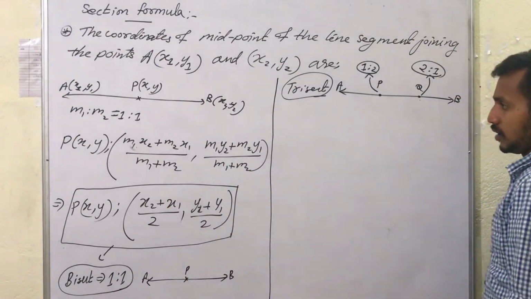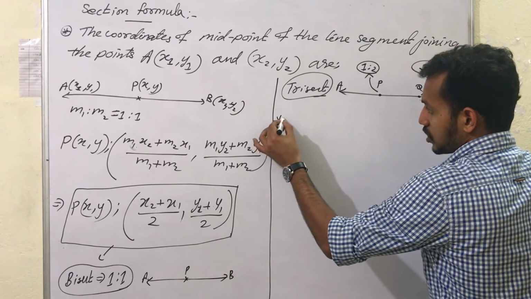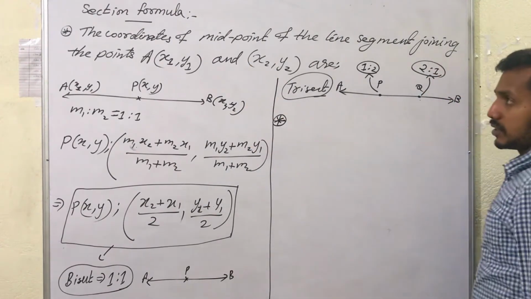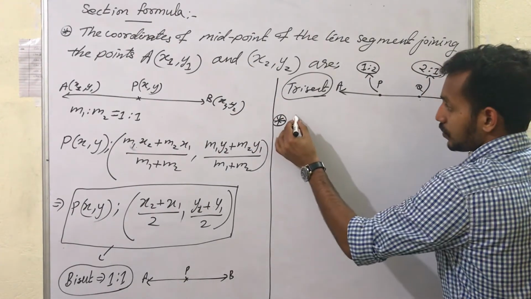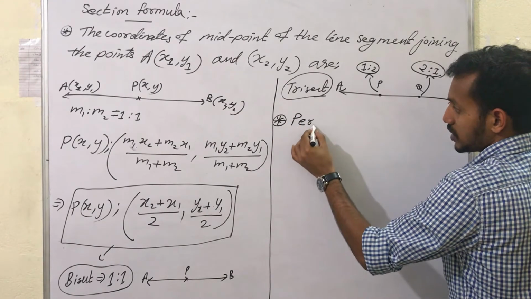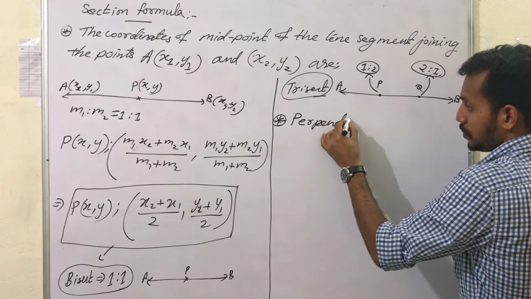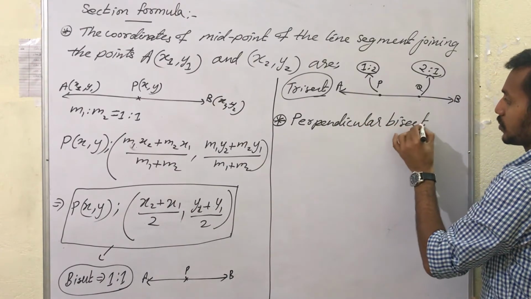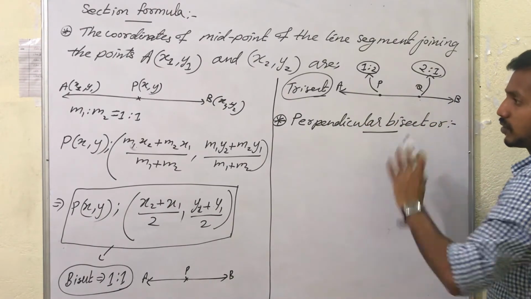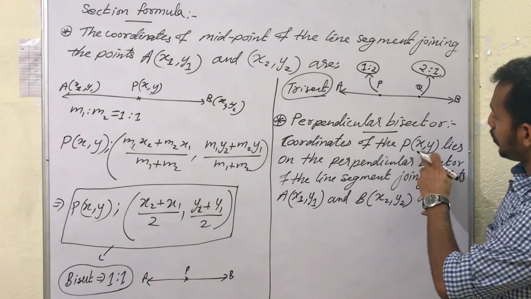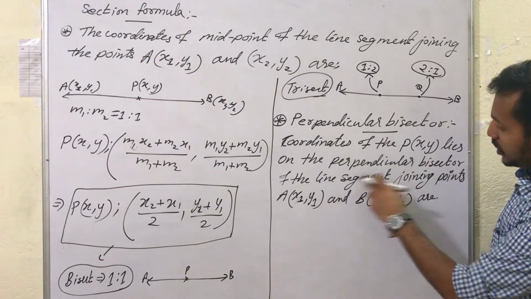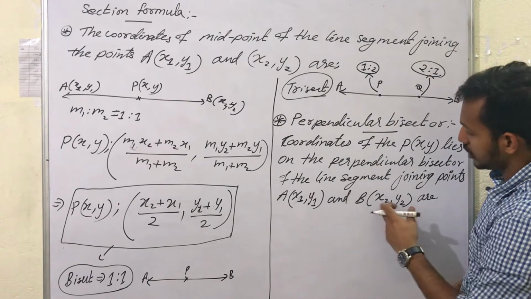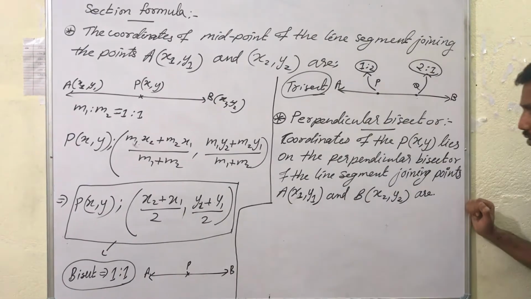Now, next, the last topic we need to remember under the section formula is how to find the coordinates of a perpendicular bisector. Perpendicular bisector. So the coordinates of the point P lie on the perpendicular bisector of the line segment joining the points A and B. So in this case,